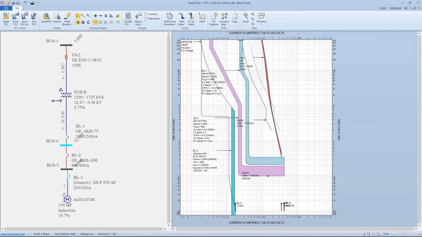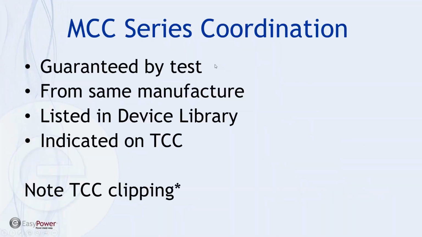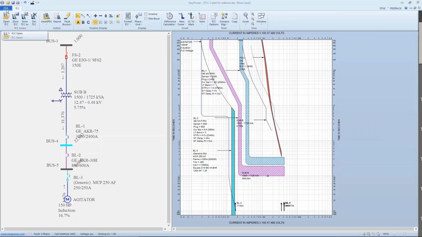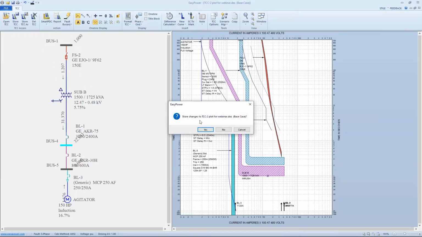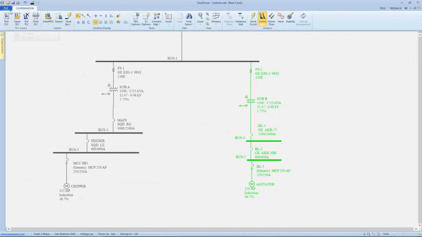The thing that's less obvious is the discussion about series coordination. It turns out there are some constraints that allow us, by test, to expect the ability for particular devices to coordinate. And this is due to constraints in testing that manufacturers have published. In the case of the EasyPower device library, this series coordination capability is part of the device library indication, but we can see it on the TCC. So let me talk about that one a little bit. It shows up, and we'll look at the device library shortly,